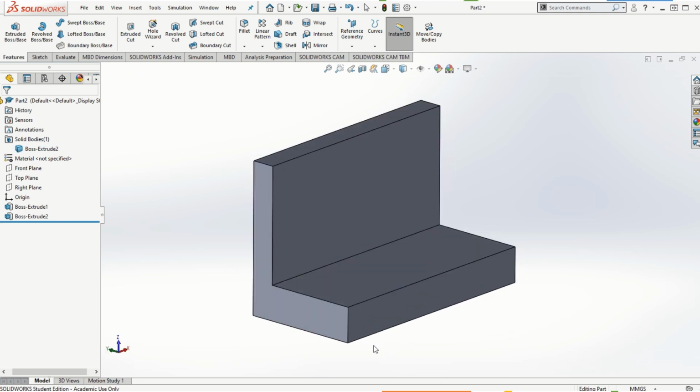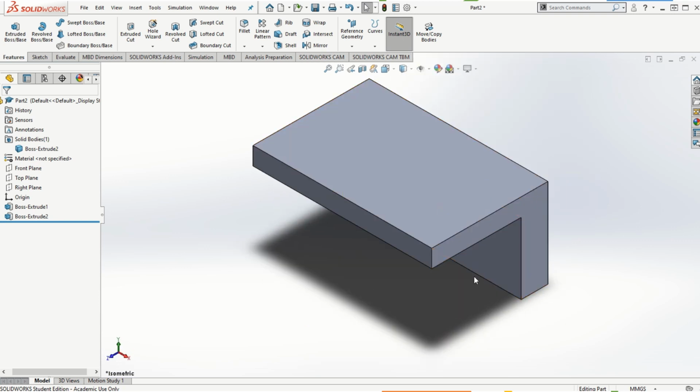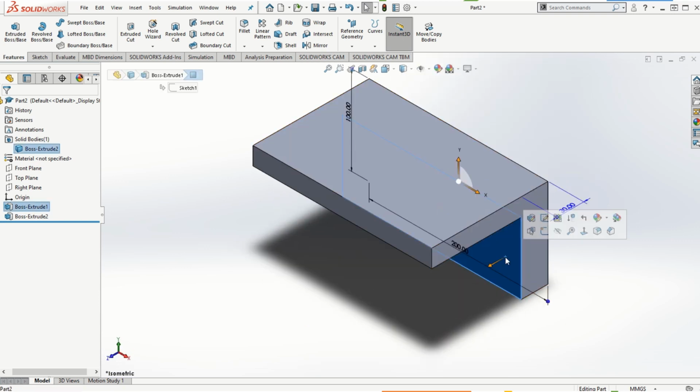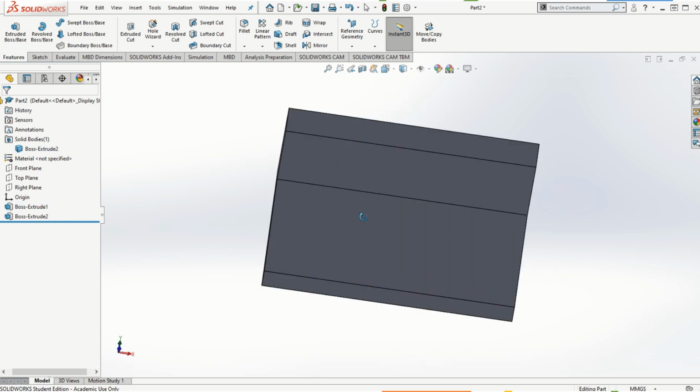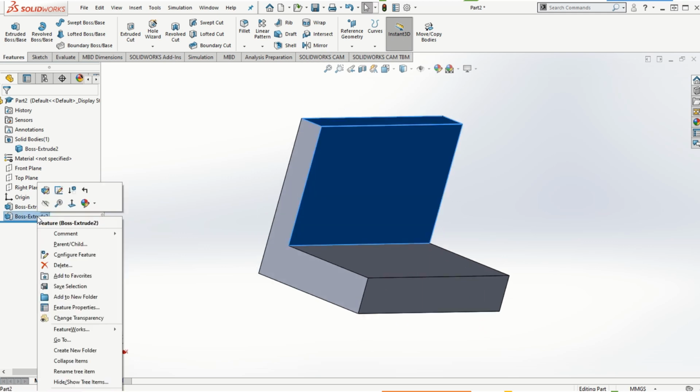The next thing we will be looking at is how to adjust the sketching plane. Remember that we started the sketching plane. If I use again the Control-C option, remember we started the sketch on this front face as the rectangular sketch, and then we extruded it in the positive Z direction. Okay, so if I again right click on the Boss Extrude feature, at this time if I choose the Edit Sketch option,